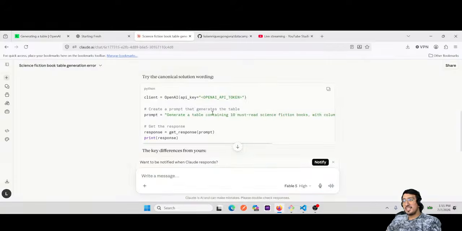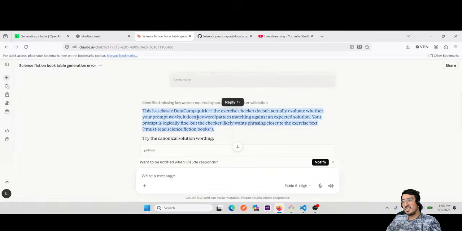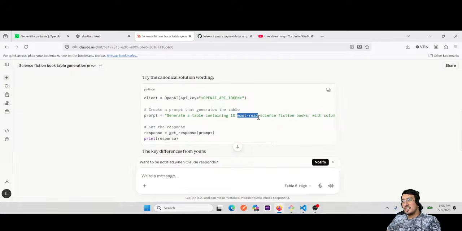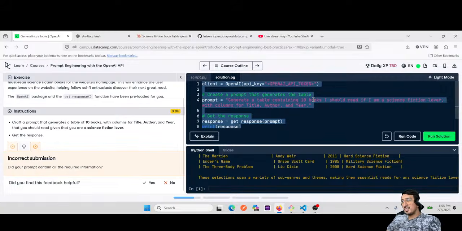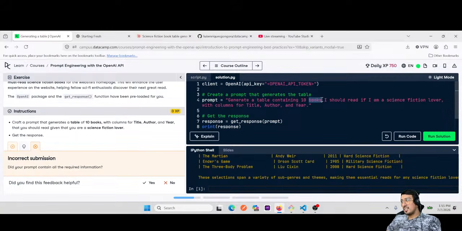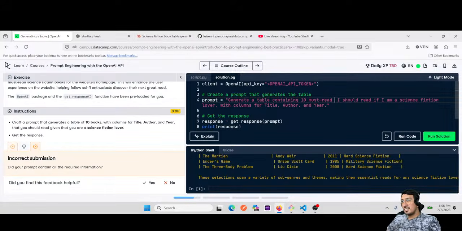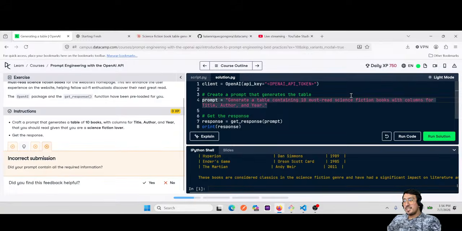So it's basically like making a keyword pattern matching. Okay, so I guess I need to, then, must-read science fiction. Yeah, the must-read science fiction books with columns for the title, author, and year. If that's the case, that means that it's